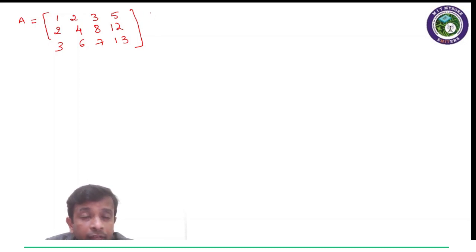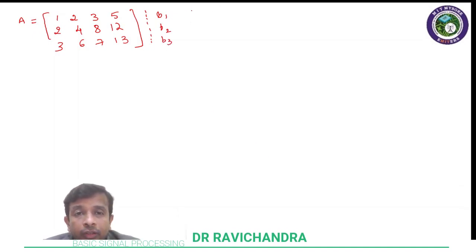And if I append b to it, it would be b1, b2, b3. Now going with the row operations, R2 dash is equal to R2 minus 2R1